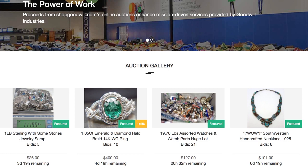So speaking of Amazon, do you sell on Amazon? Yes, we do. Not my organization. My team is directly just Shop Goodwill. However, Goodwill of Orange County does sell on Amazon. Primarily, they sell the donated books on Amazon,